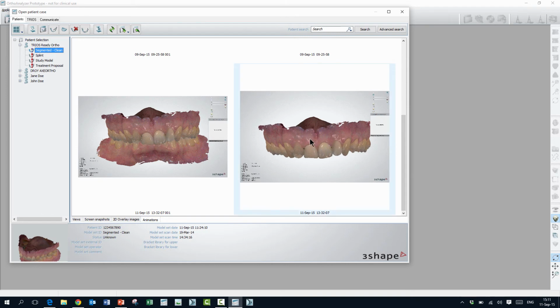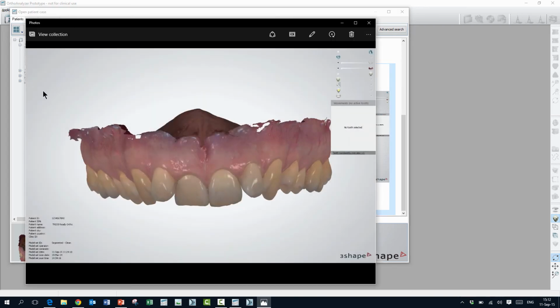So a couple of things you can do here. If you double click on it, it will open in the default program that is associated with the animation files. The animation files in the Ortho system have a file extension called GIF or GIF. It's pronounced both ways, and it's an animation file format that is supported by pretty much every computer in the world. So when I double click on this, it will open my default